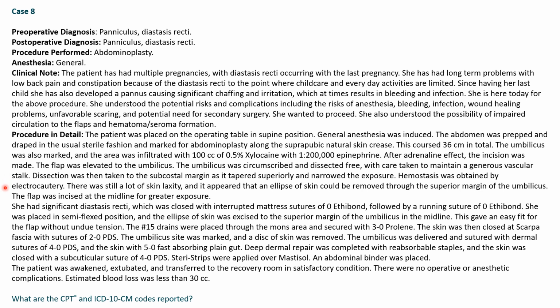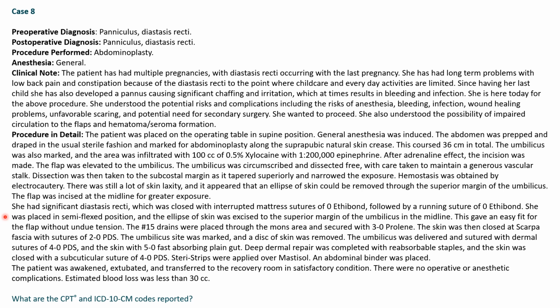There was still a lot of skin laxity, and it appeared that an ellipse of skin could be removed through the superior margin of the umbilicus. The flap was incised at the midline for greater exposure. She had significant diastasis recti, which was closed with interrupted mattress sutures of 0 Ethibond, followed by a running suture of 0 Ethibond. She was placed in semi-flex position, and the ellipse of skin was excised